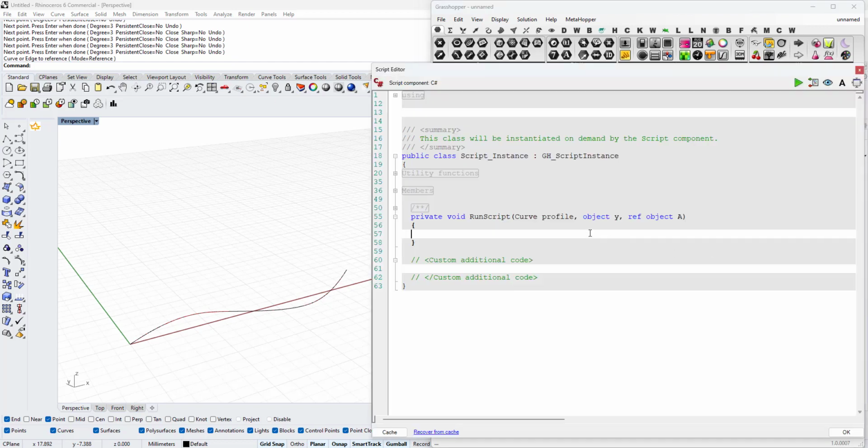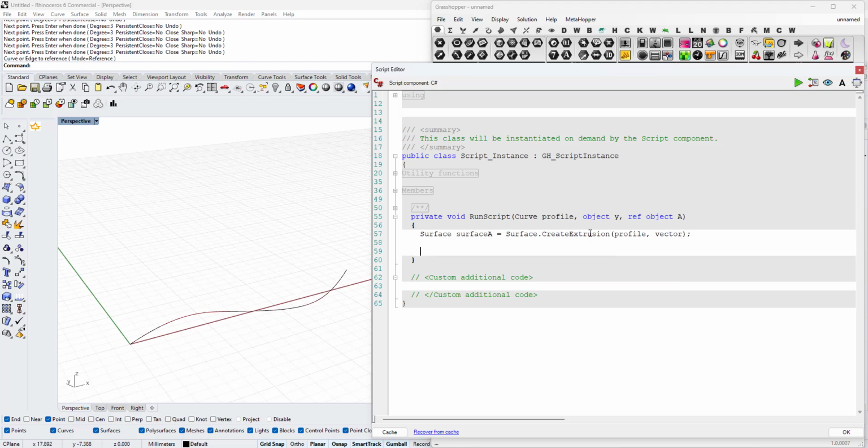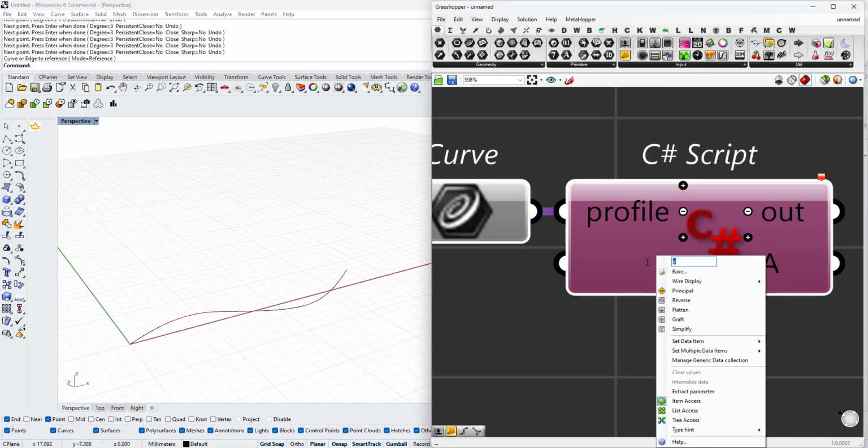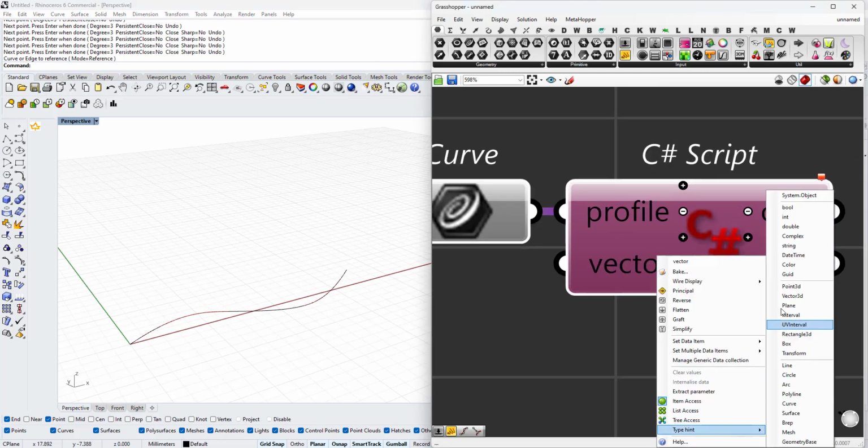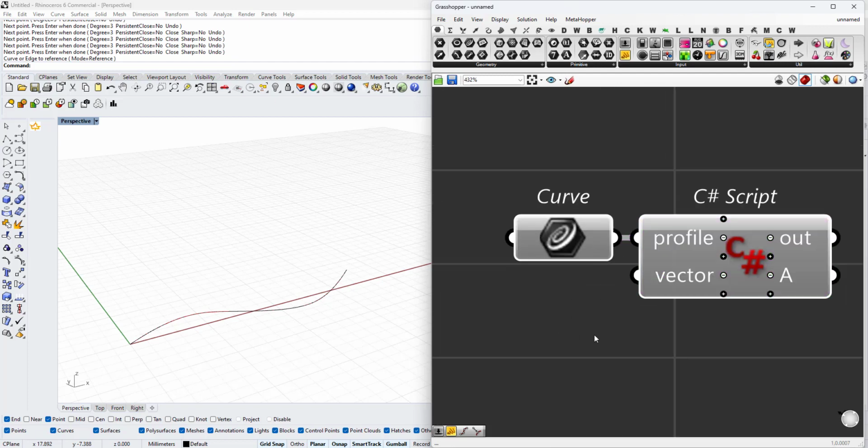And here all we're going to do is declare a surface and call it surfaceA equals Surface.CreateExtrusion. And here we're going to pass our profile, and let's call it vector, and add a vector to the inputs of the script, and A will be equal to surfaceA. And here if we run this and call this vector and make the type of vector Vector3D and add a vector here,